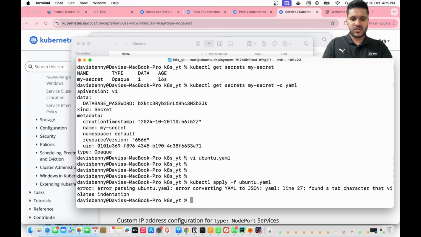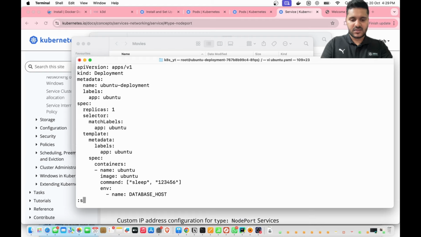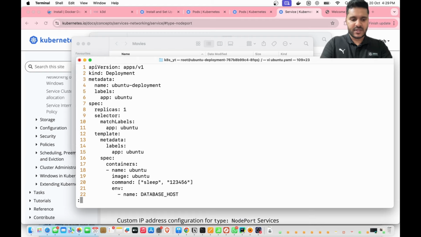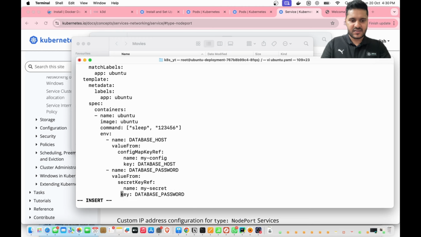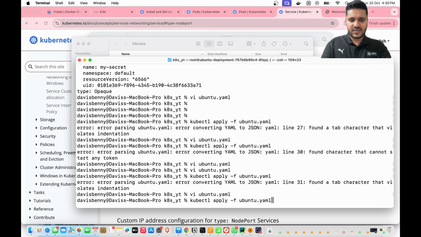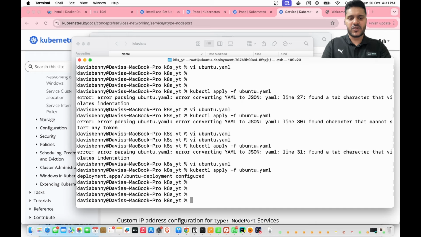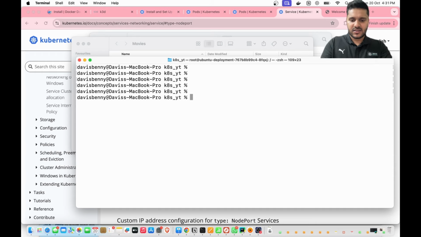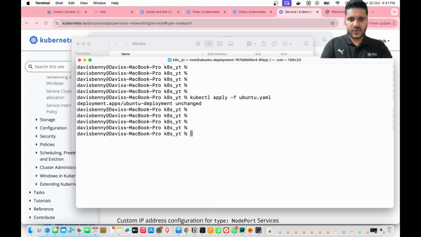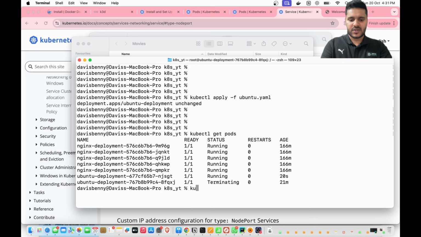Okay, there is some issue. There's a tab character. Okay, indentation. The line number 27 is having an issue. Now let's start it. Okay, so it is deployed. Clear, kubectl apply -f ubuntu.yaml. It is deployed, and now let's exec into the pod. Get pods, and kubectl exec -ti